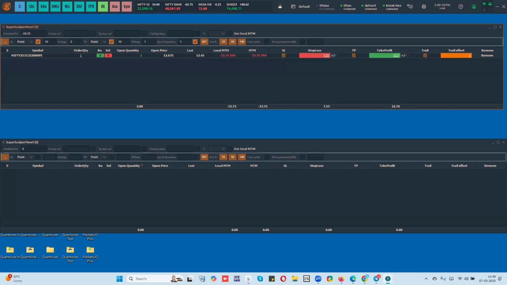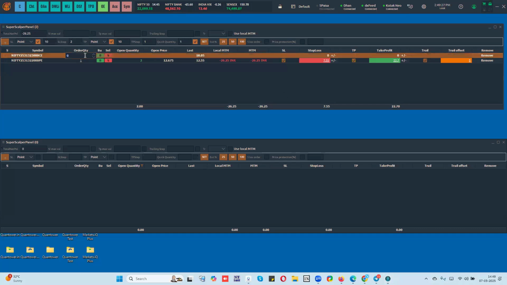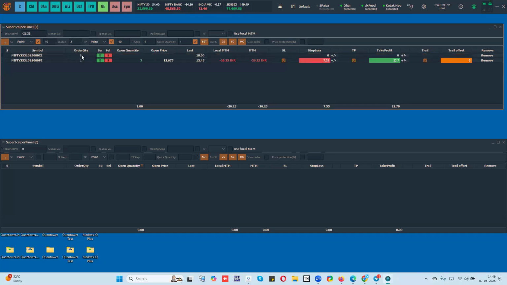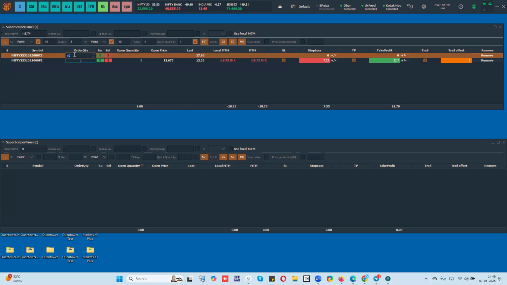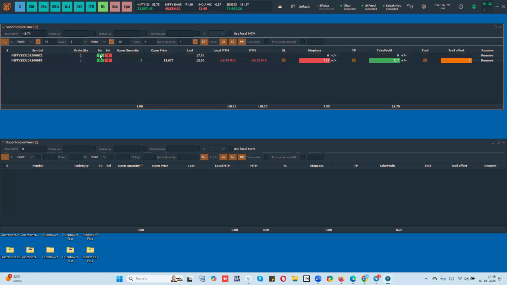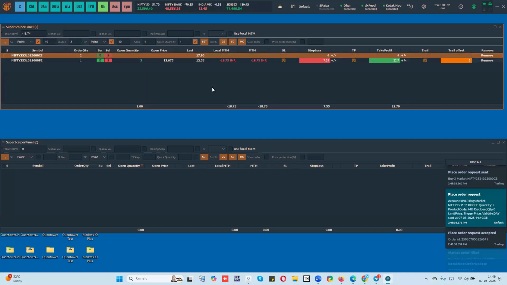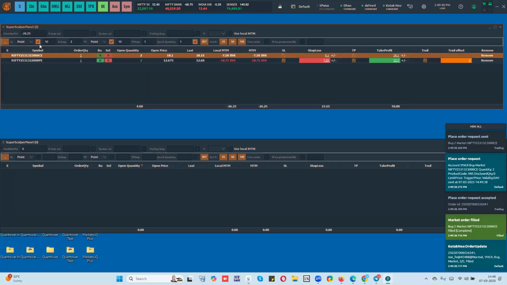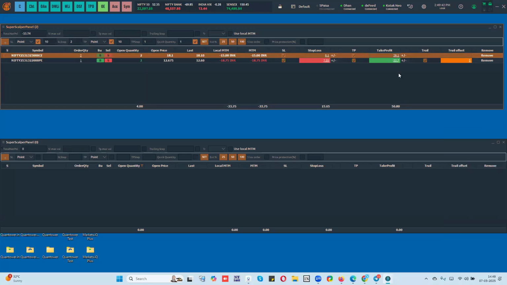Okay. So I traded only one symbol here right now. I can add one more symbol, maybe on the call side. Okay. So I will just buy. Automatically the quantity is picked up here, but I can always change it here, whatever quantity that I want. Okay. So I just do buy again. It automatically placed 10 point stop loss and 10 point take profit here.